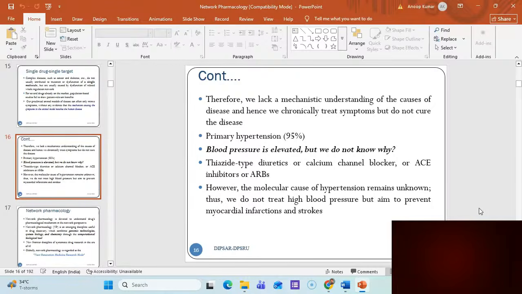Pollution, heavy metals, and genetic factors are playing a major role in the development of these diseases. Unless we know the exact reason for the disease, how will we cure it? We are not able to cure it, we can manage it, as Subham is saying, because our purpose is to manage. Why are we focusing on management? Because we don't know the exact reason. But in some diseases, like infectious disease, for example, a bacterial infection,